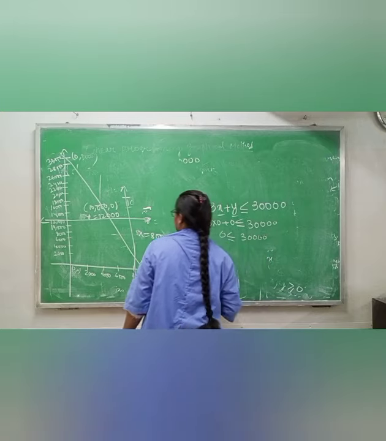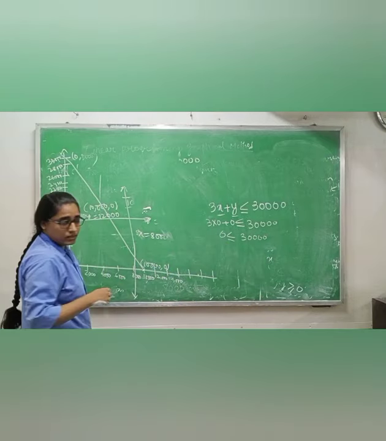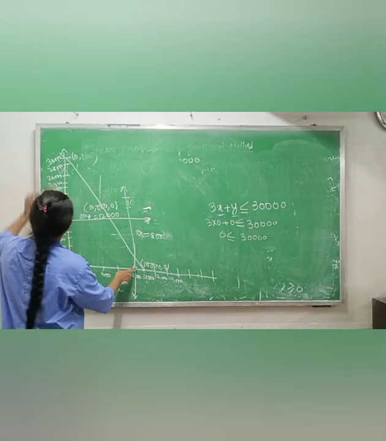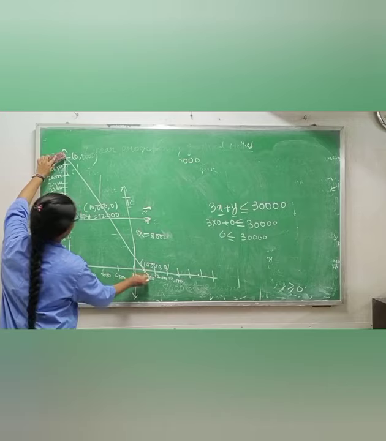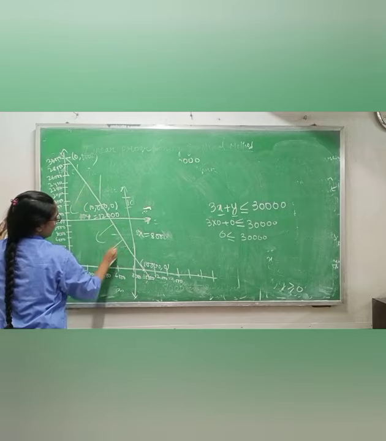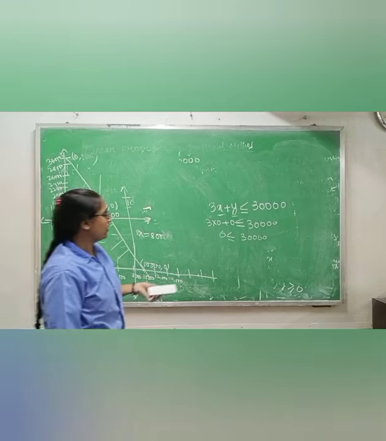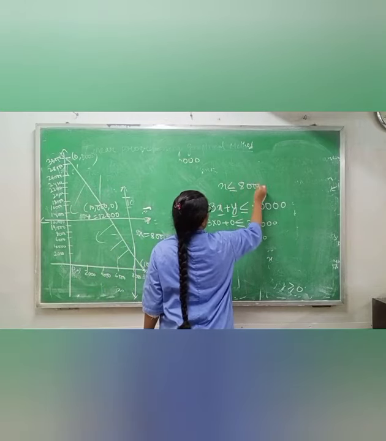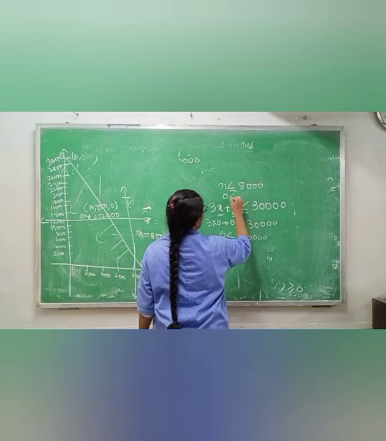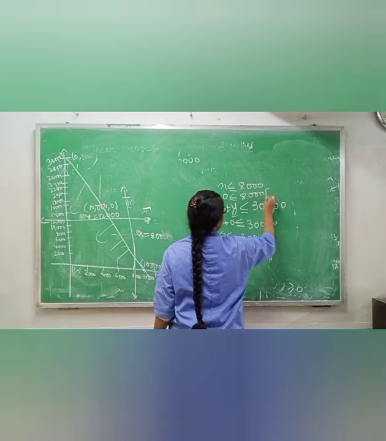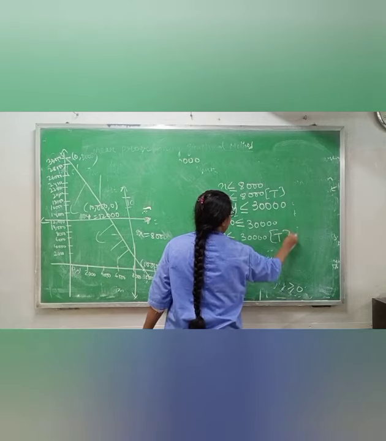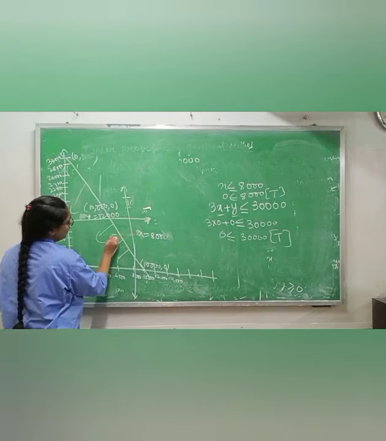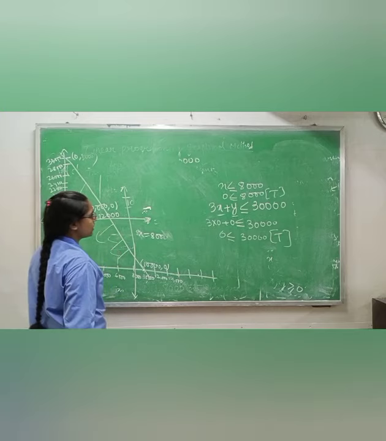If it is true, it means it will go towards the origin. So where is this line? This full line. So of course it will go towards the origin. Okay, same thing. x is less than or equal to 8,000. Again you will put 0 here. You will get true for this one also. Write here true so that you will understand. It is also true, so this one also goes towards the origin side.